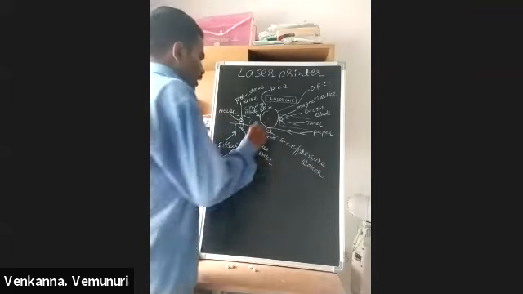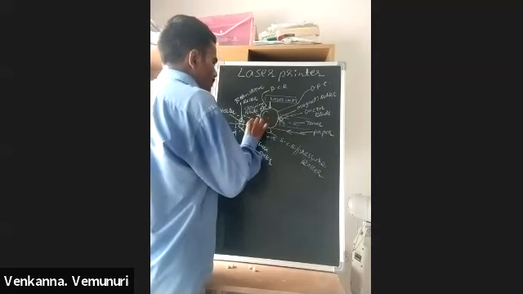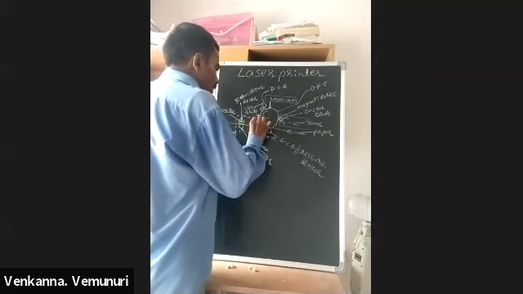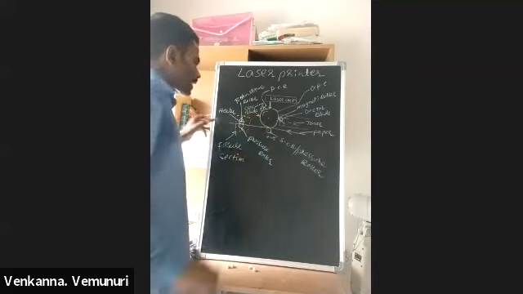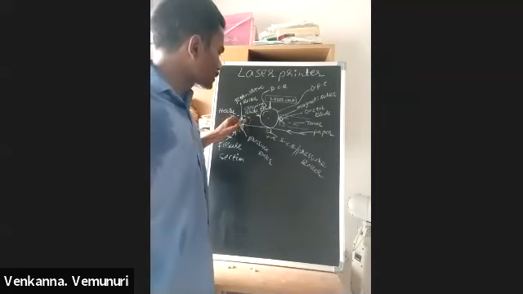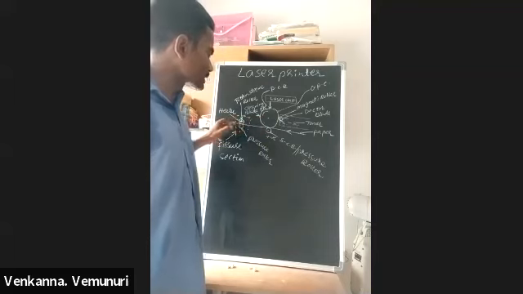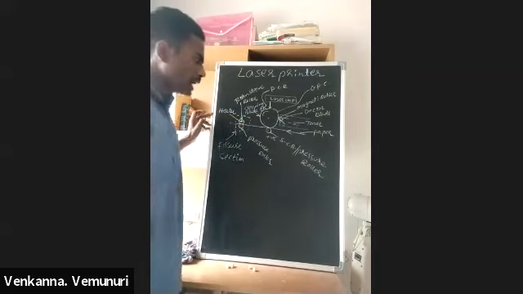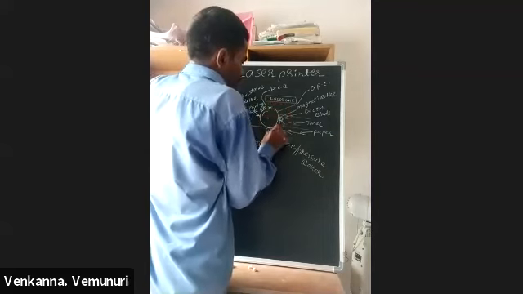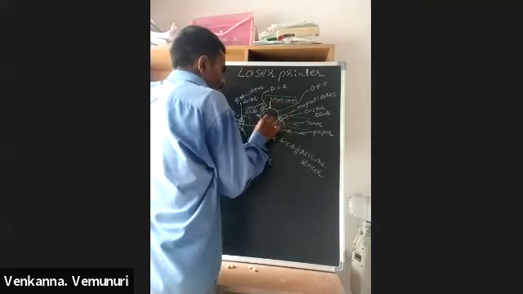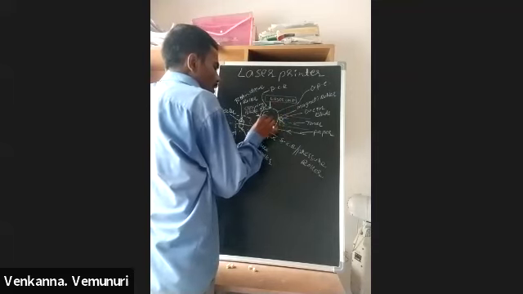So now the paper is moving in this direction. On the paper there is toner powder. When this toner powder area moves in this direction, with the effect of that heat, the toner powder is melted and permanently sticks on the paper, and it comes outside. And here it is continuously rotating, and 99% of the toner powder is transferred from the OPC drum to the paper.